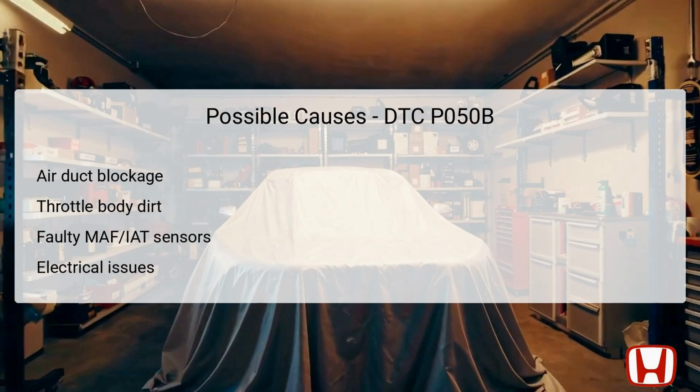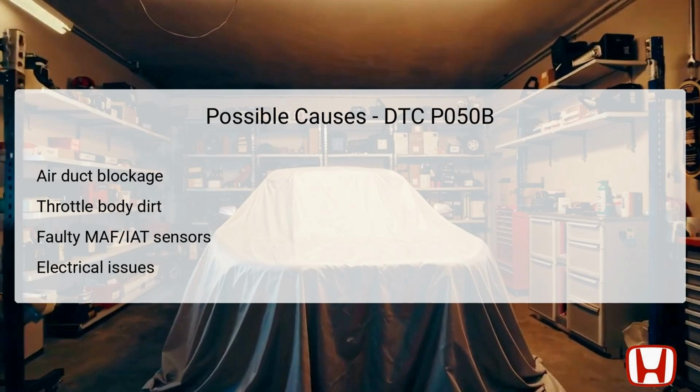Several factors can lead to the P050B code. A common possibility includes blockages in the intake air duct, which can restrict airflow necessary for effective combustion. If the throttle body has accumulated dirt or carbon, it can interfere with its movement and function, causing irregularities in the air-fuel mixture. Another likely cause is a malfunction of the mass airflow (MAF) sensor or the intake air temperature